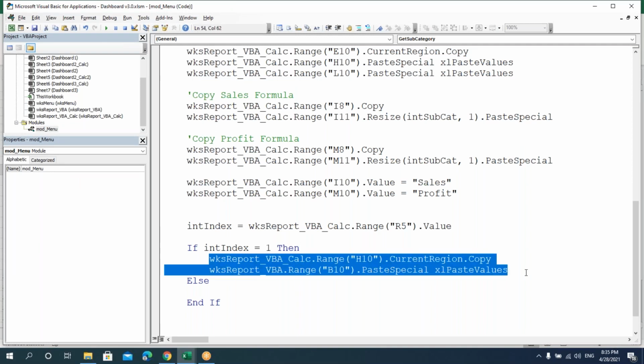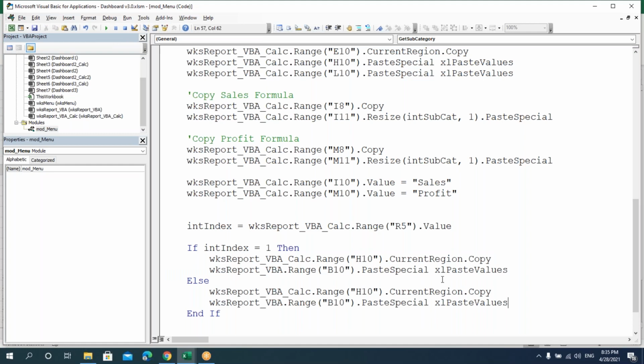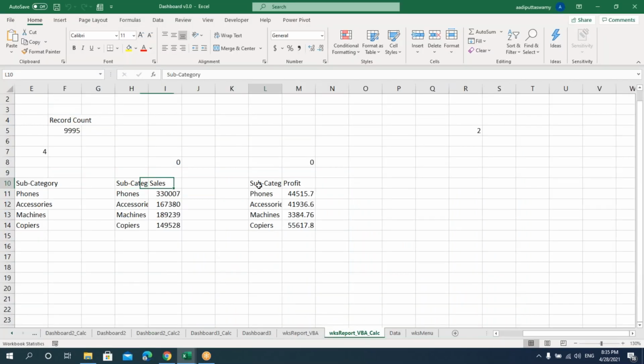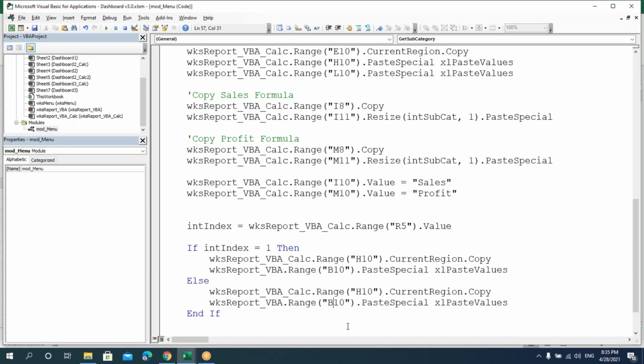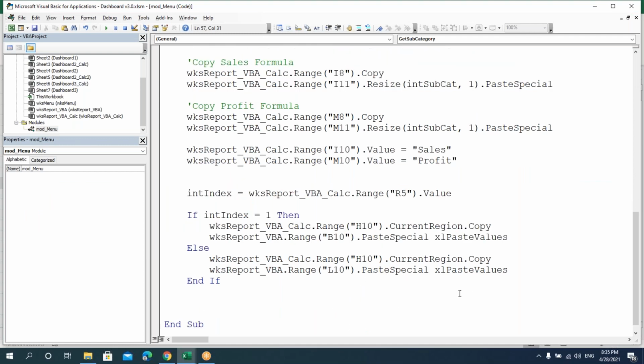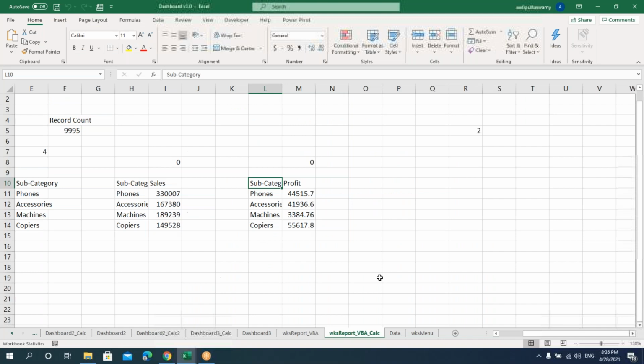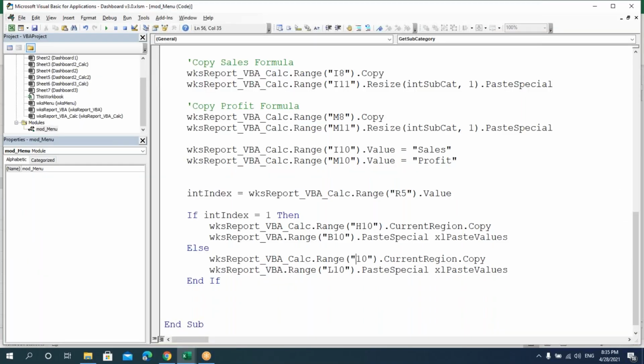Now if it is 2, then what we'll do, we'll go here and we'll copy this range, that is from L10. Say L10 dot paste special as values. So here, sorry, here we'll take this L10, but the pasting will happen here only B10 like this.